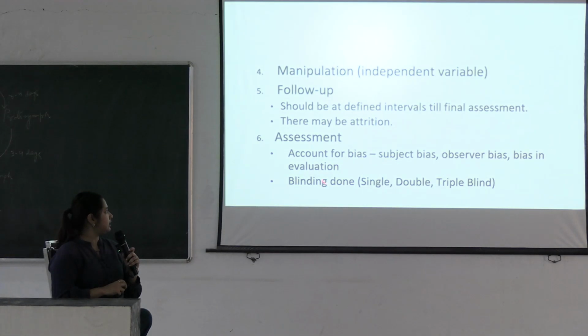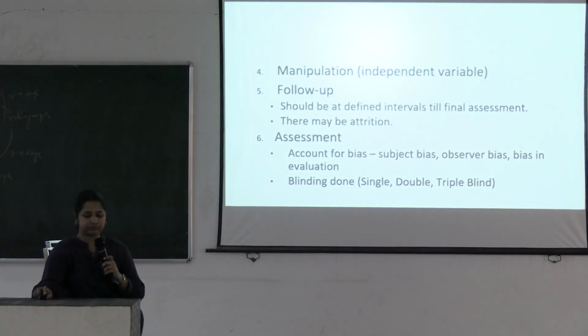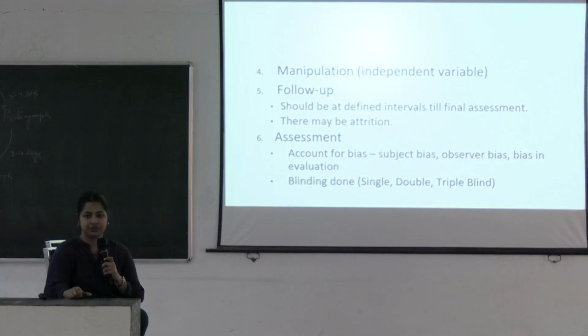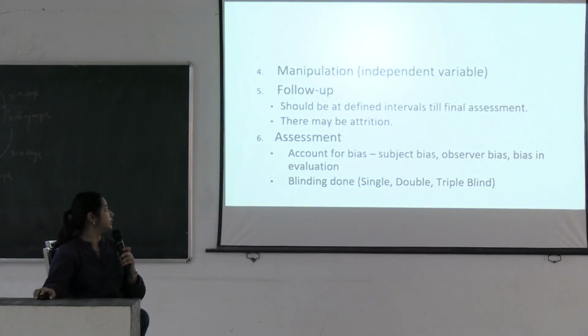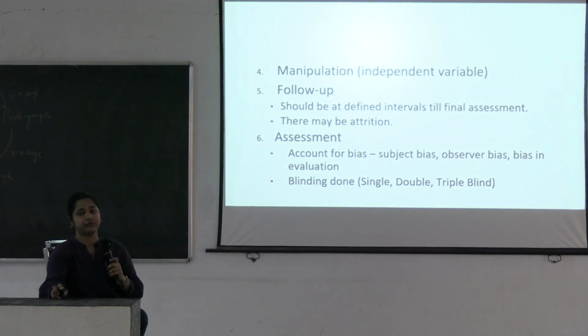And then finally, bias in the evaluation. All these biases will be covered in the triple blind. The people who are analyzing or evaluating the results also do not know which intervention is A and which intervention is B. They know only that there are two interventions, A and B. I do not know which is the new drug and which is the standard drug, so I am just evaluating the results. So this is how the management of bias is done in an RCT: a single blind study, double blind study, triple blind study.